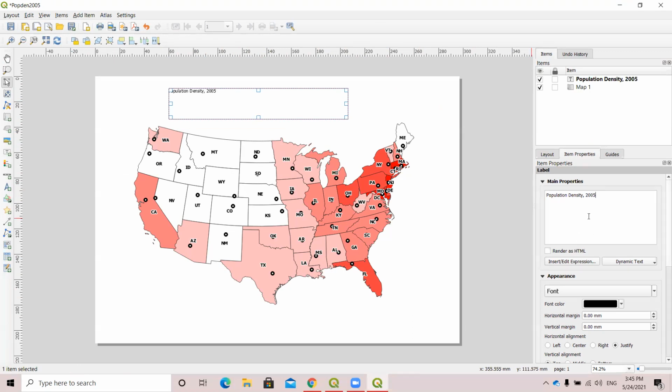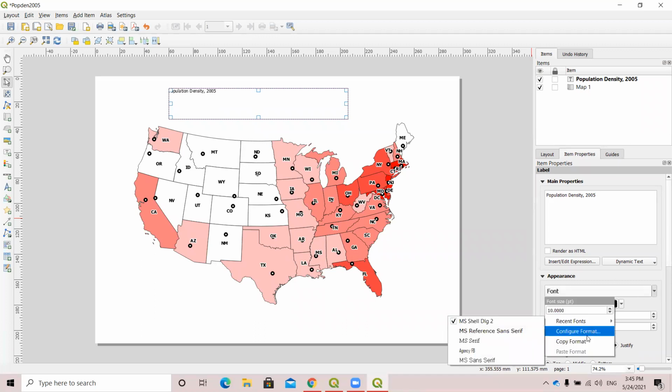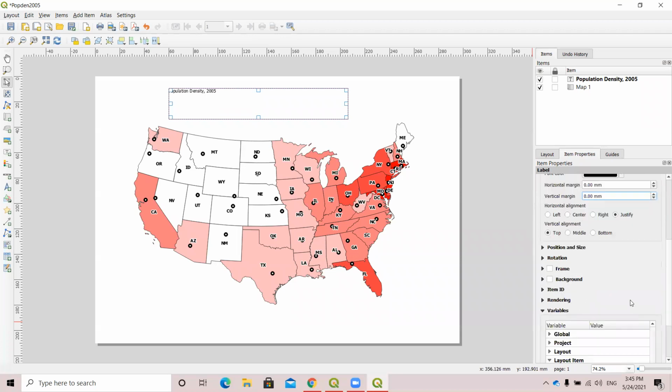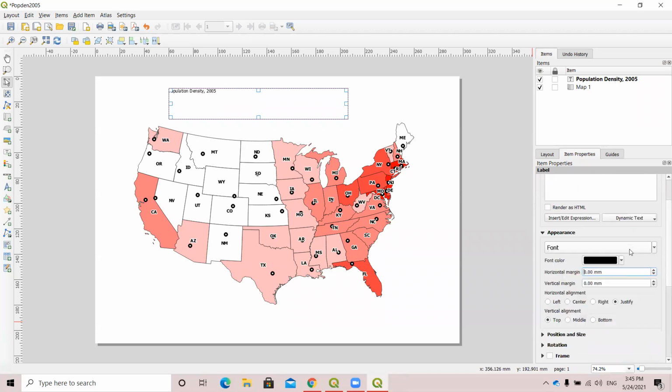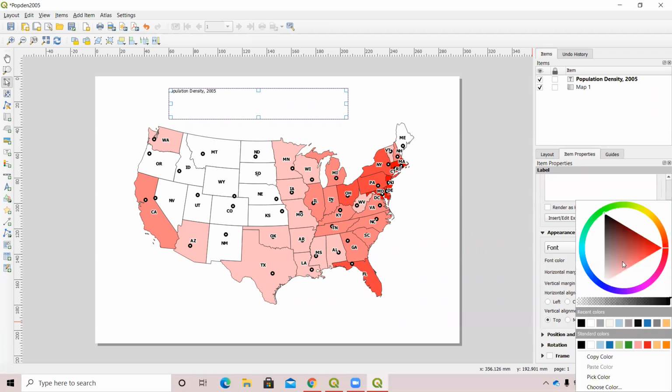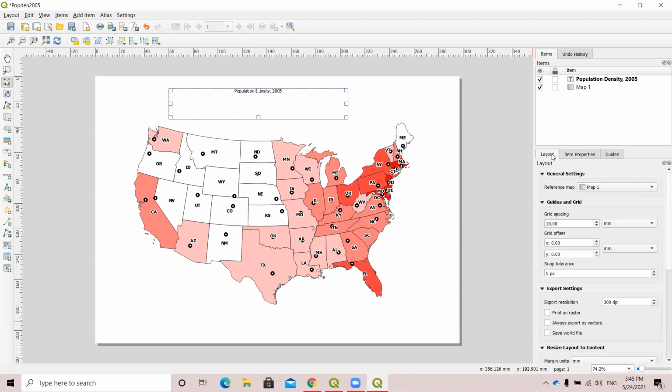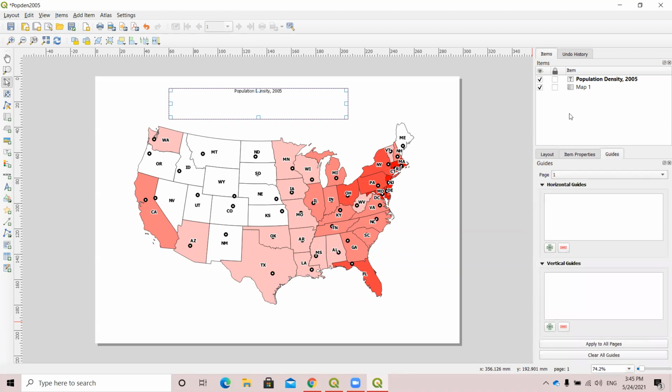Okay, that's good, but the font maybe, that's good, but I want to, let's see, the color black, I want to center it, and okay,